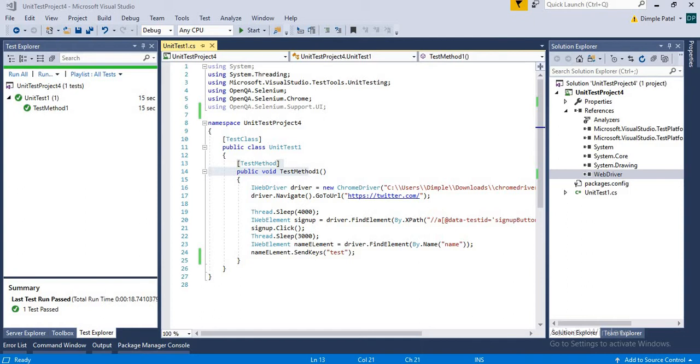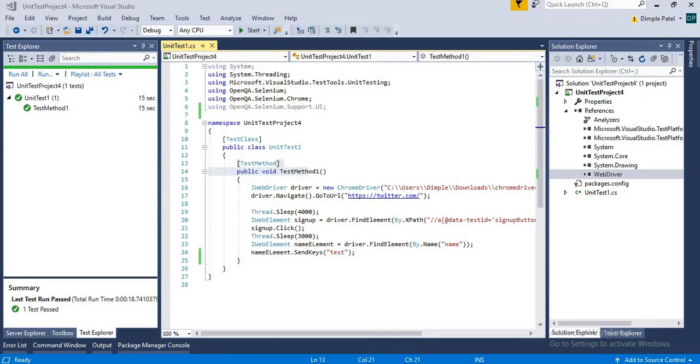So in the Visual Studio series, I am going to add one more video about how to select a value from the drop down. In my previous video for this series, we saw the example of the Twitter website where we typed something into the name element of the sign up form, and then I think we did the click event. We clicked on the sign up button. So we have seen two functions of Selenium. In today's session we will see how to select a date of birth with the help of automation.